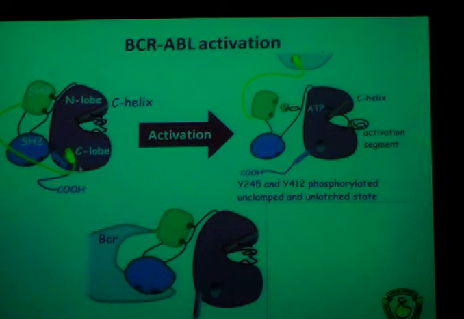The carboxy terminal tail will bind the catalytic part. You have N lobe and C lobe, and it will block its function. Another way of blocking its function is the SH3 and SH2 domains will fold over and block its kinase. So in a wild type c-ABL, as you see on the top left, is auto-inhibited. Its activity is inhibited by its own protein domains. Why? Because it is not needed at that point of time.